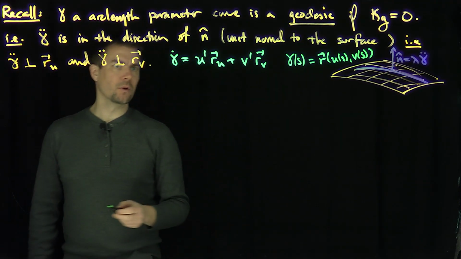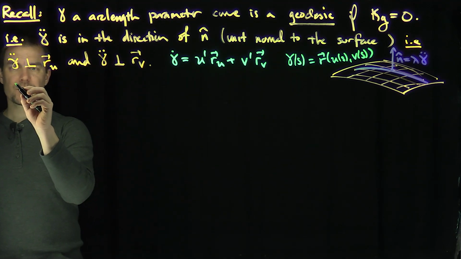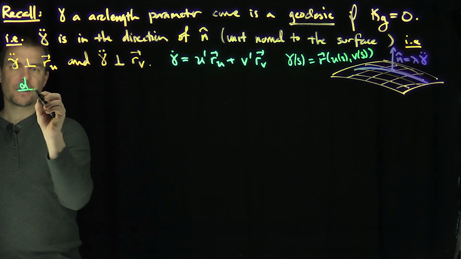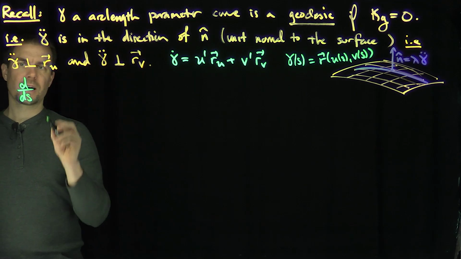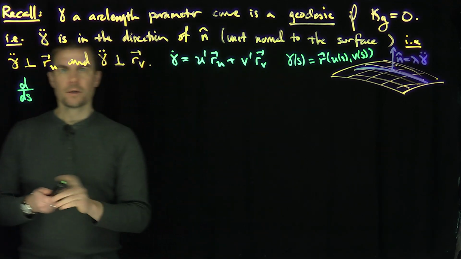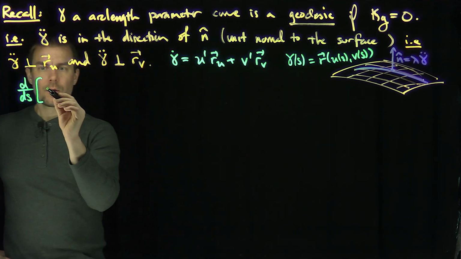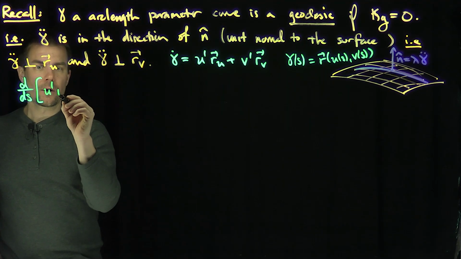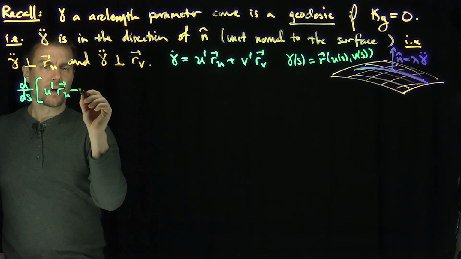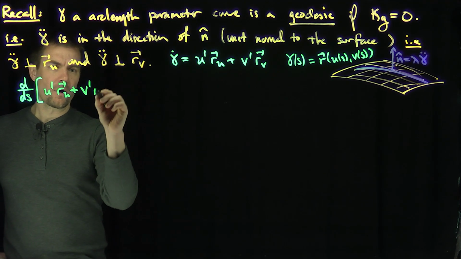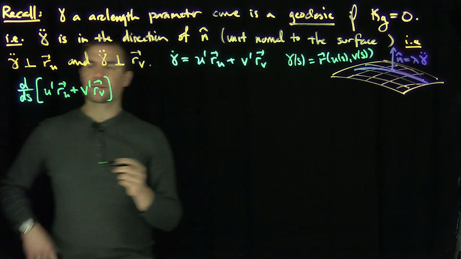So I'm just using the chain rule here. And so in particular, what this tells me is that d by ds of u prime ru plus v prime rv, that's the second derivative,